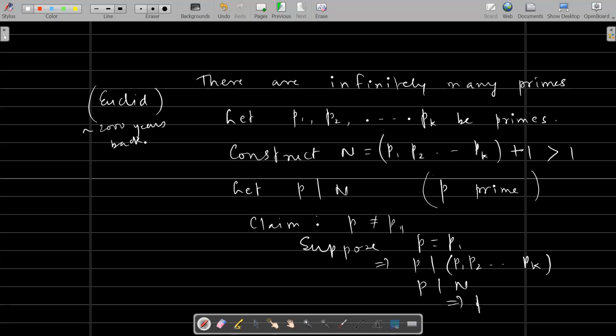So this implies P divides the difference of these two numbers. And what is the difference? n is P1 P2 up to Pk plus 1, and our earlier number is P1 P2 up to Pk. So this implies P divides 1. Is that a contradiction? A prime divides 1. Because a prime by definition is greater than 1. The divisors of 1 are 1 and minus 1, right? So P divides 1, that's a contradiction. So P can't be P1. Similarly,